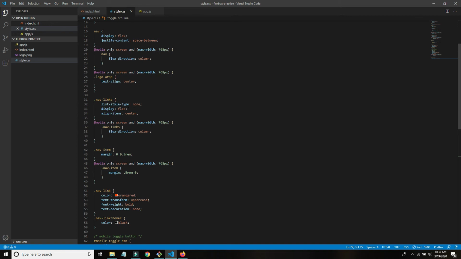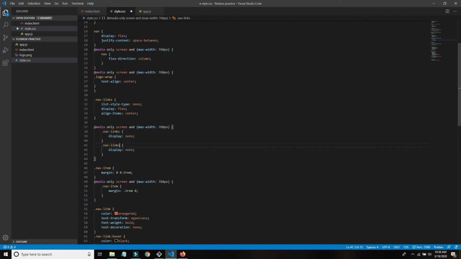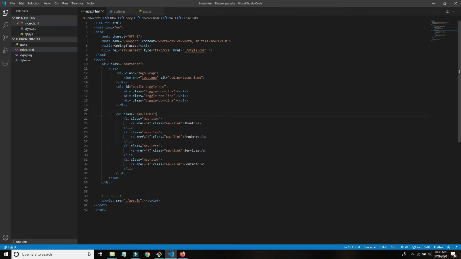Up here at nav links, if they don't have the active class like this, I actually would like those to be, I'll just take this away for now. I want those to be display none. But when it has the class of active, so I'll add that, then I want it to be display flex with the flex direction of column. And I want those to show by default on the page load, so I'll give them that class right away. So they have nav links active,